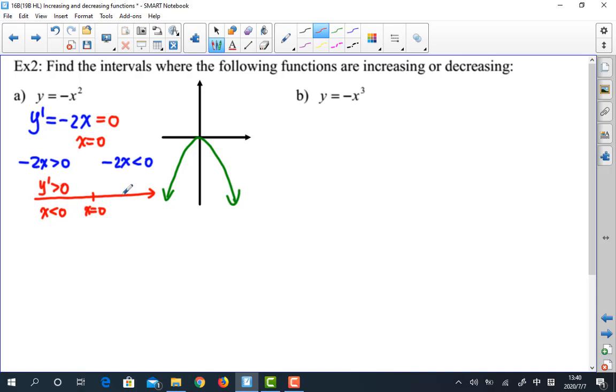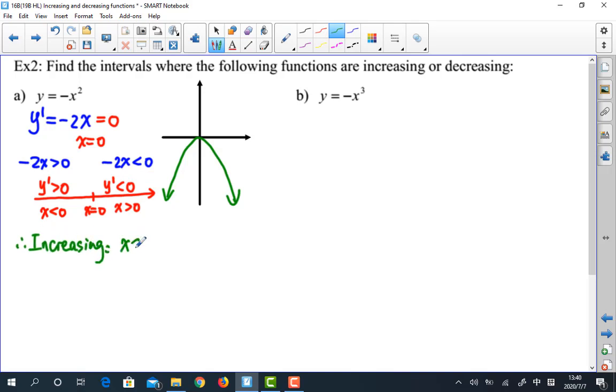Pick up any value from the right side of x equals 0. So this is also x is greater than 0 interval. So pick up any value, 1 or 2, plug in. The y prime will be negative. So from this number line, with the positive first derivative and negative first derivative, I can know the increasing interval